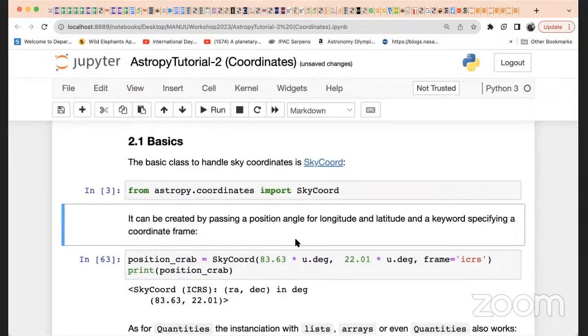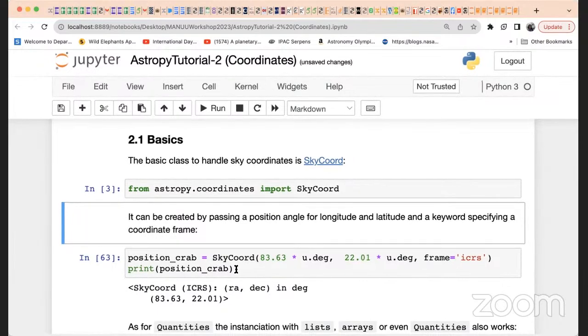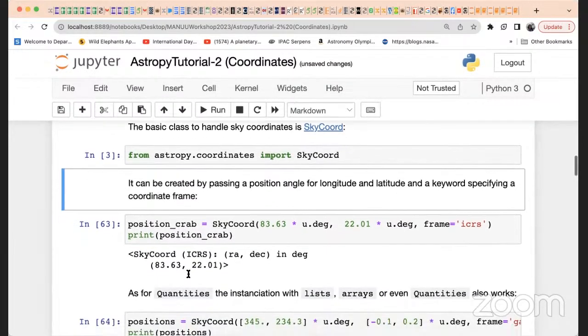And be careful that Python is case sensitive. Sky is with a capital S and Coord with a capital C, you have to write it that way, right? So from astropy.coordinates import SkyCoord, and I am defining, say, for example, position of crab,